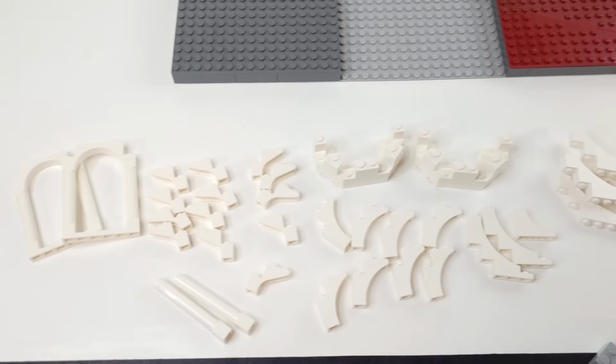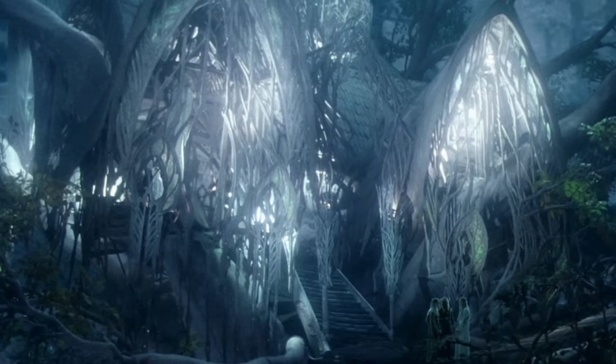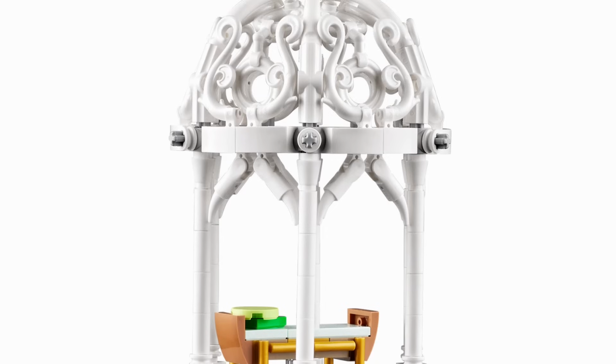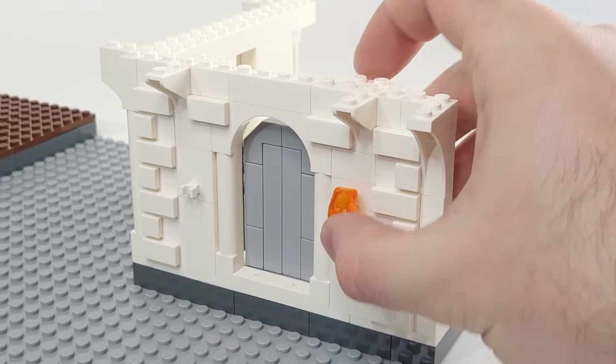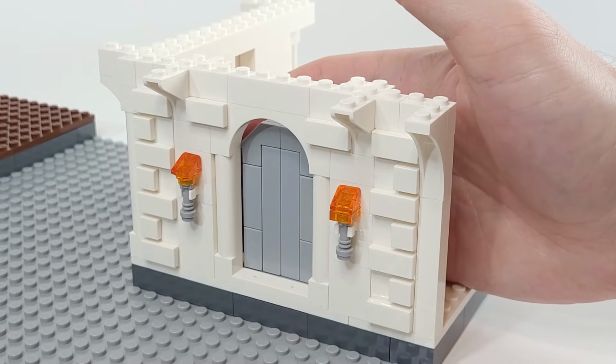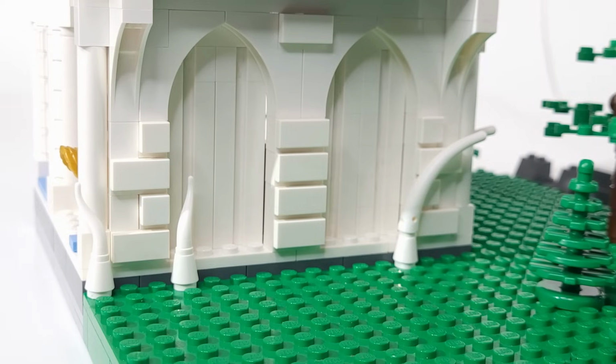For the Elven Fortress, I started by picking out a bunch of white column and arch pieces inspired by elven designs in places like Lothlorien and in the LEGO Lord of the Rings sets. To give the outside some texture, I also built in some brickwork and used these pieces with grooves in them on the walls. I added some of these white horn pieces to look like tree branches growing up the sides